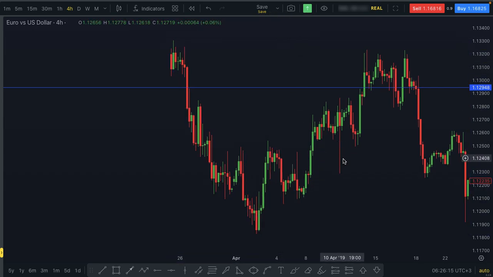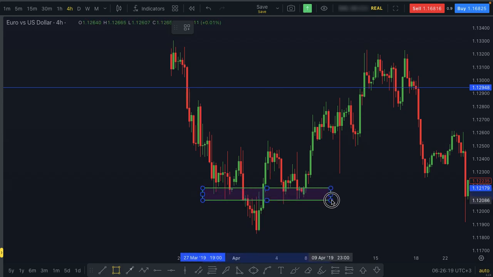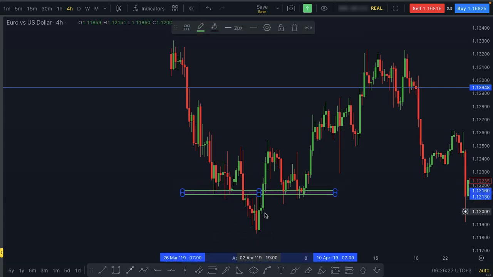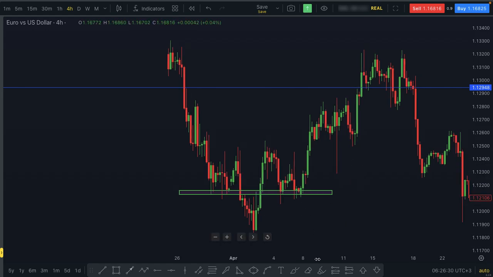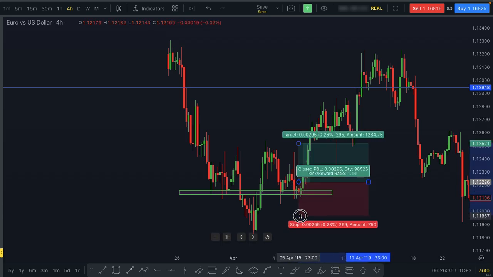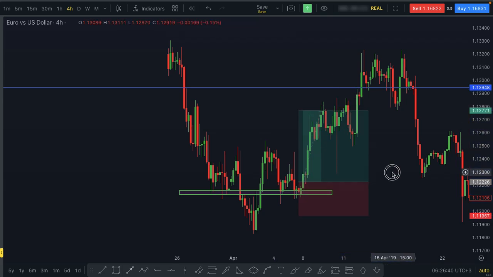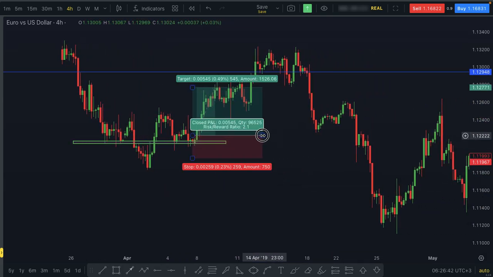So what do we do as traders? What I'm going to be doing is plotting around here. That is something that I would have done. Then upon plotting, you can simply see that I can come, get this position and put my stop loss below the range, and anticipate that the market is going to be pushing to the upside. And then from there,